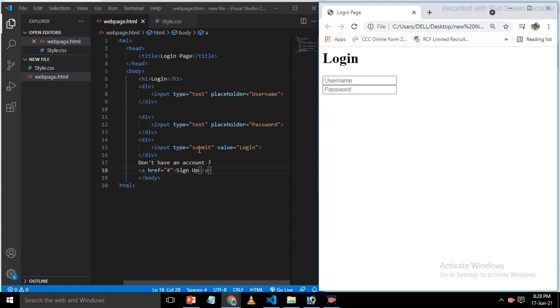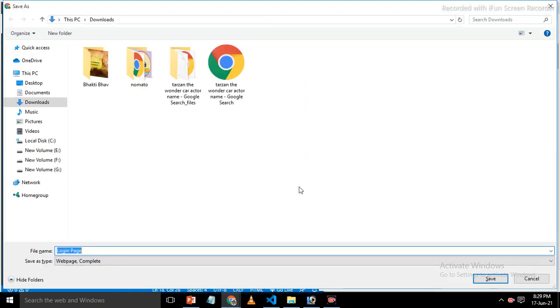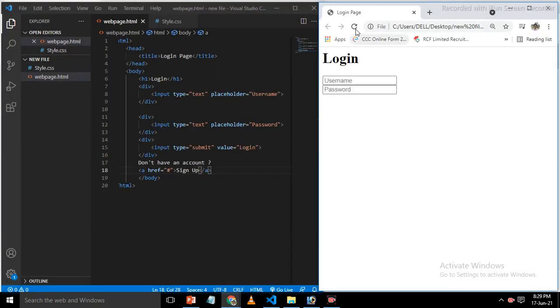For submit we put a submit button. Here we give our value login. If the user has no account, then we give a message here: don't have an account. After that he signs up first. Here we give our link, href hash. Why do we put hash here? If we put hash, then if the sign up is wrong, the user ID or password, it comes back to this page and he signs up again. Here we put sign up in the text, press Control S, and now we refresh the page.